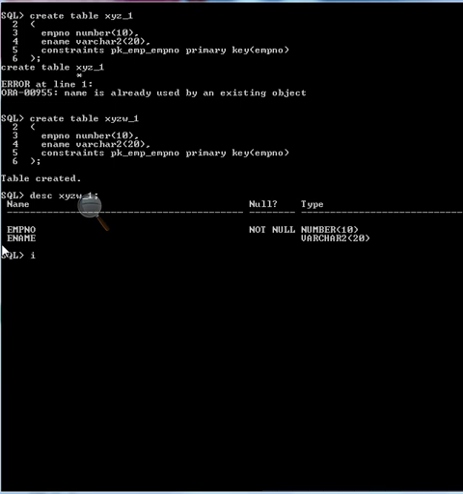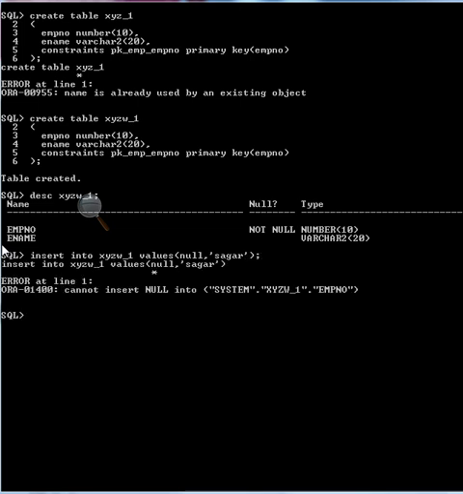Let's try to insert the value. Insert into xyzw_1 values, emp number, try to insert a null value, and ename, try to insert ename as Sagar.